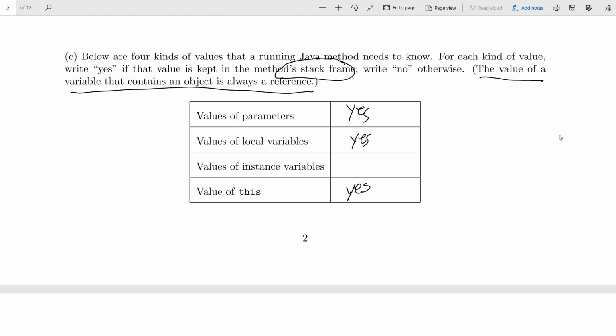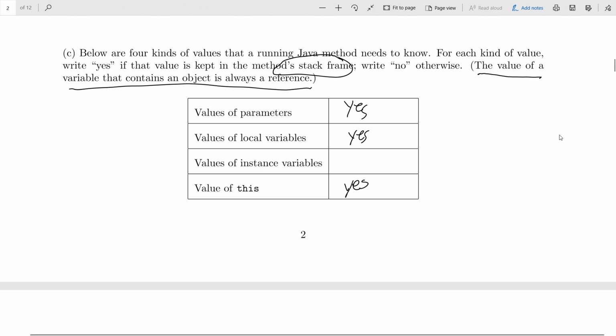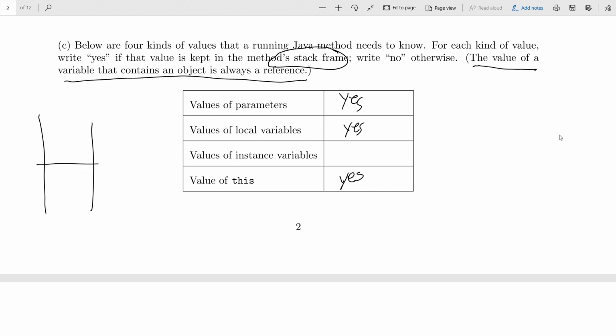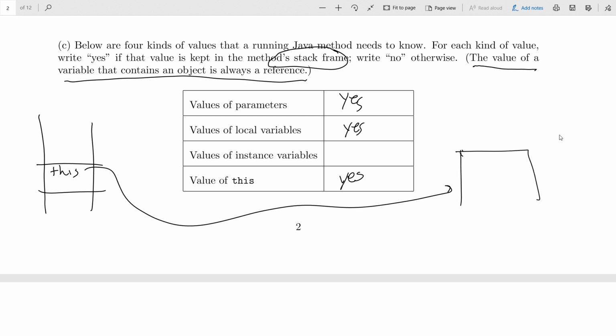What about instance variables? Okay. Where are the instance variables going to be? They'll be in the heap. The idea is you'll have a stack. The stack will contain a stack frame. In the stack frame will be stored this. This will refer to the heap, to an object on the heap. And in this object, you'll find the instance variables. So to find an instance variable, you'll have to go to this and then come out to here to find the instance variable x, for example.